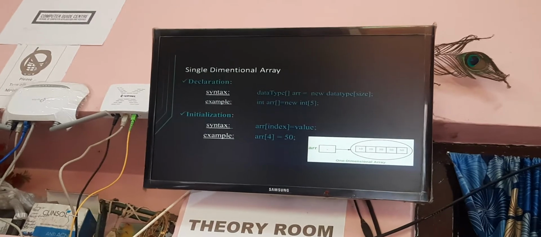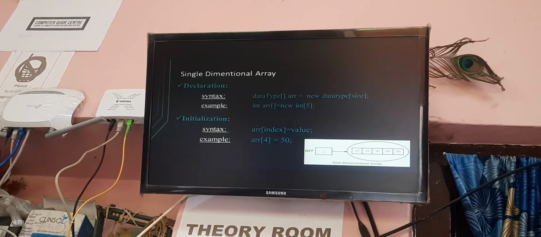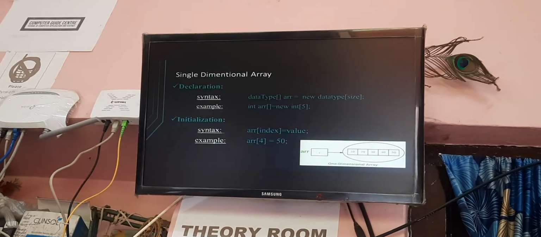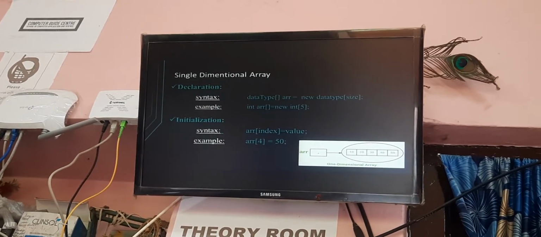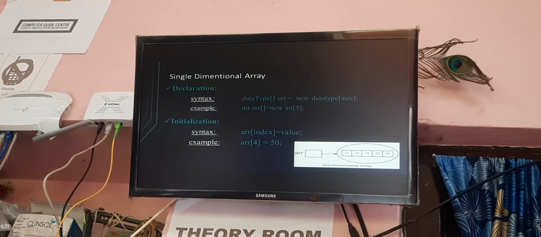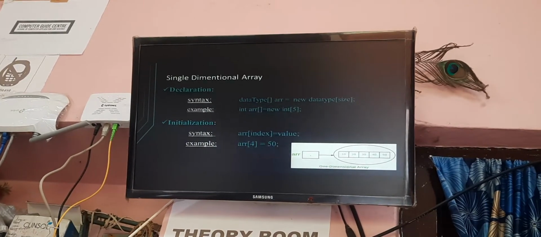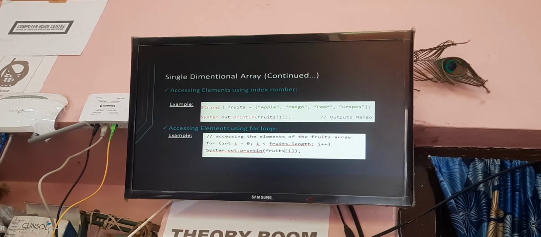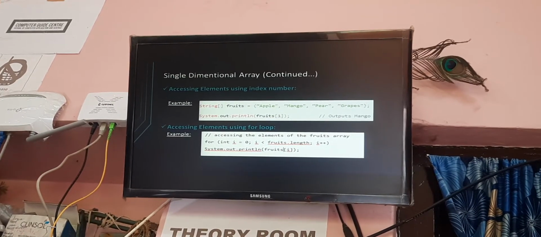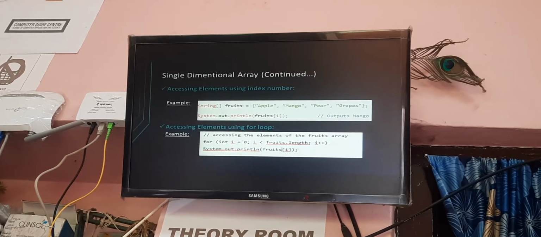How to initialize a single dimensional array? We have to put the array name, then the index, and then the value. Here we have taken the array at 4th index. That means at position 5, the value 50 will be stored. We can access the elements of a single dimensional array in two ways. First, by using the index number.